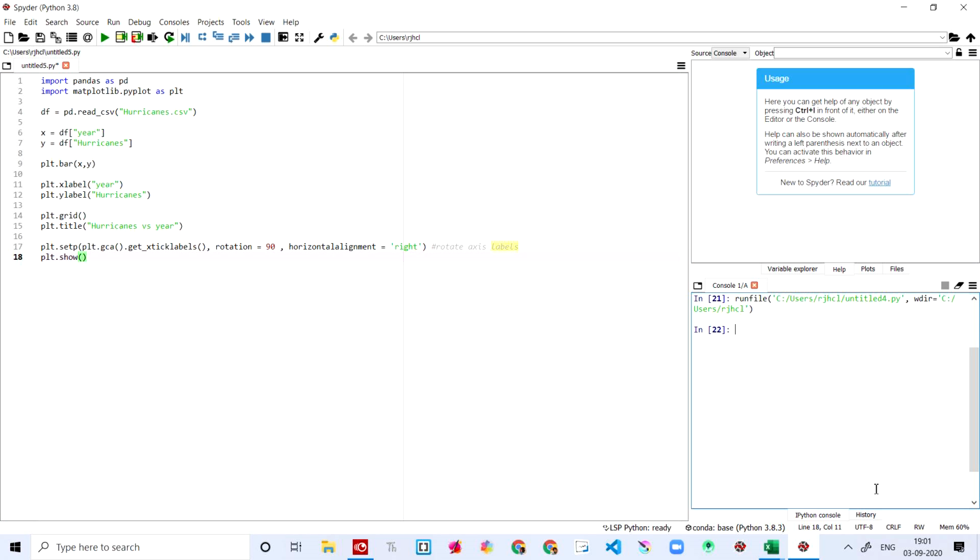It will draw a graph like this: the x-axis, the y-axis like this, and then here is going to be the graph.